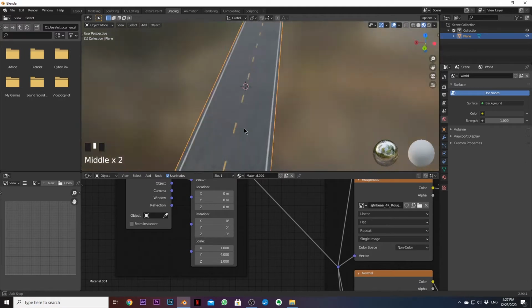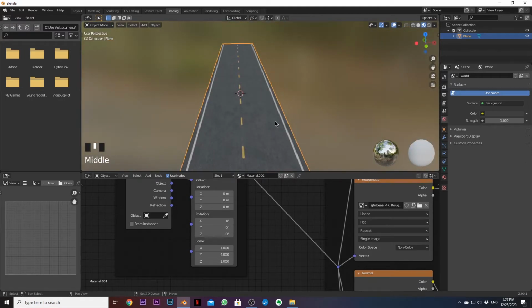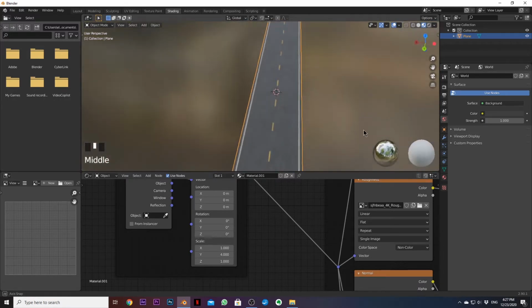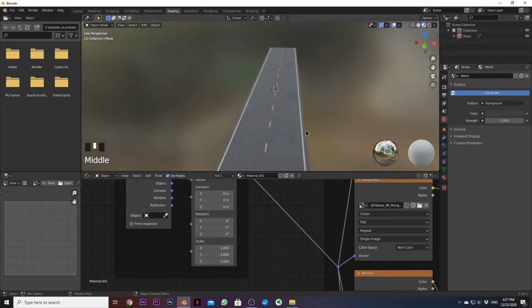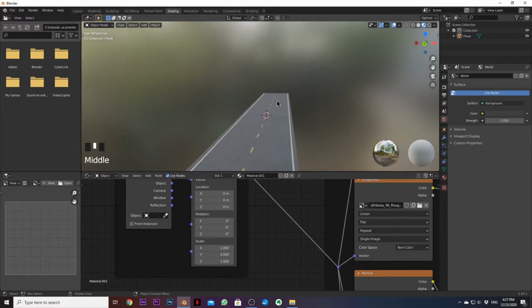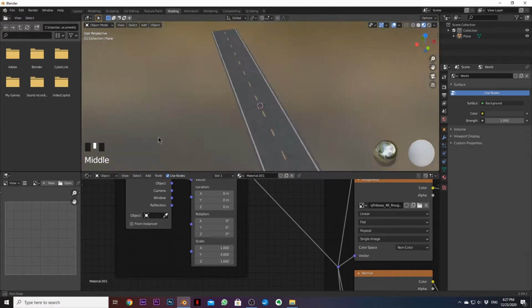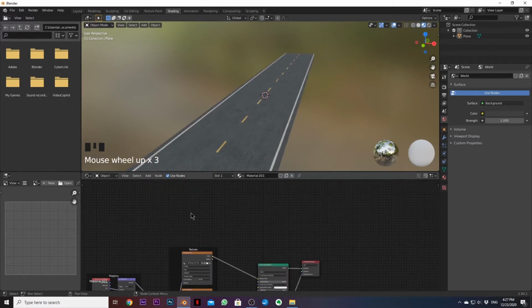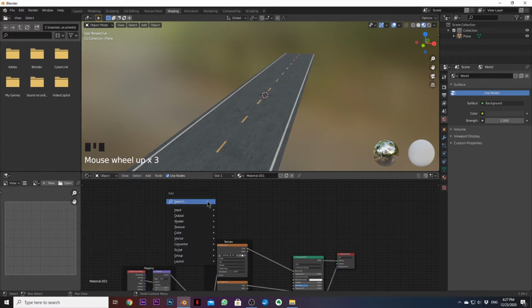You can just leave it like this if you're okay with it, but I'm going to create now some water puddles and some bumps on the street, which will make the street look a bit more realistic. And when you have lights in your scene, it will reflect on the water, which gives the whole thing a more realistic look. So to do that, we will add a noise texture